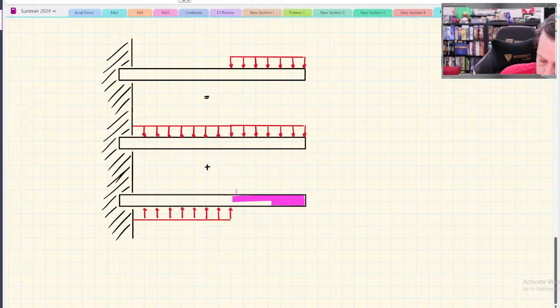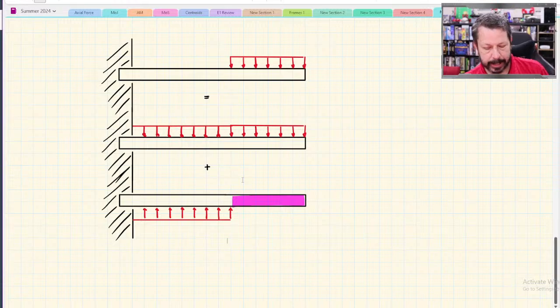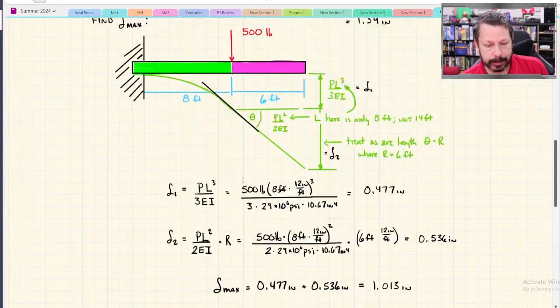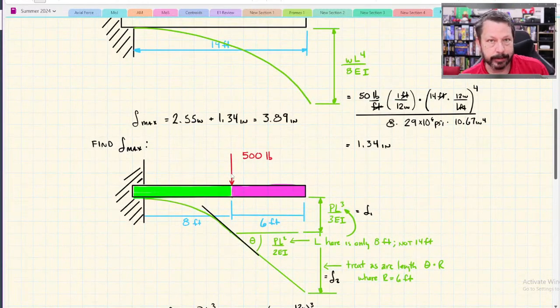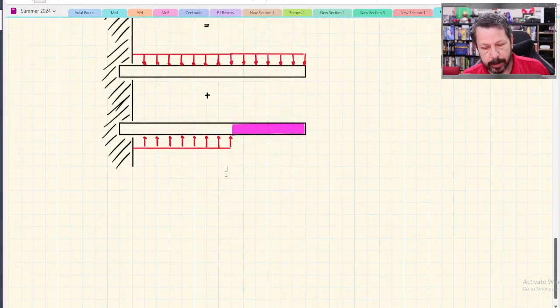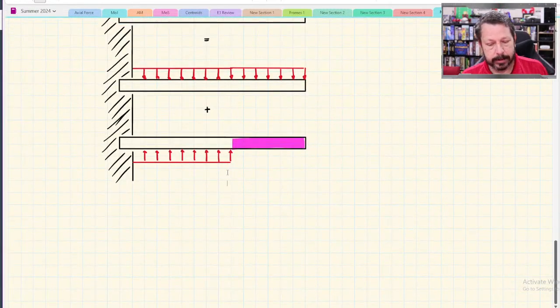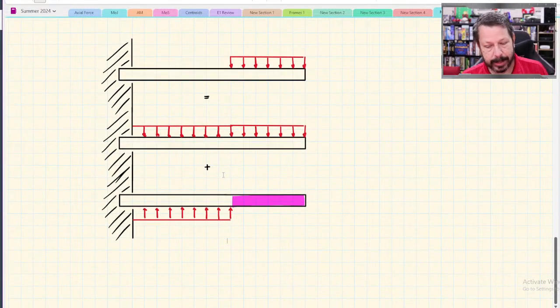It doesn't cover this part. But that third diagram there is the exact same thing as this. It's just, instead of a point load somewhere near the end of the beam but not at the end, I've got a distributed load. So I could calculate these two, and that would give me the exact same effect as